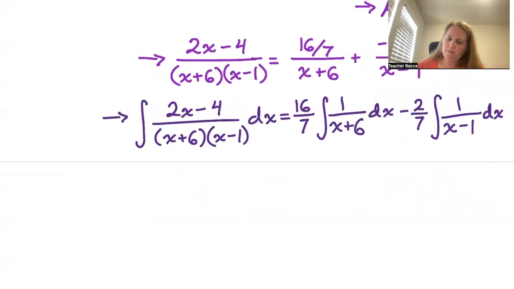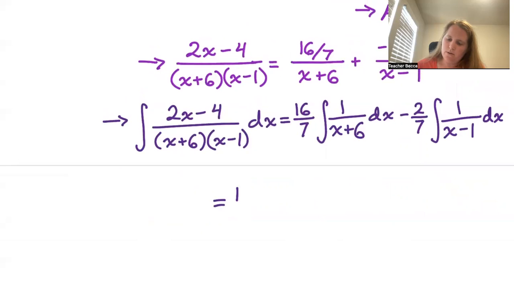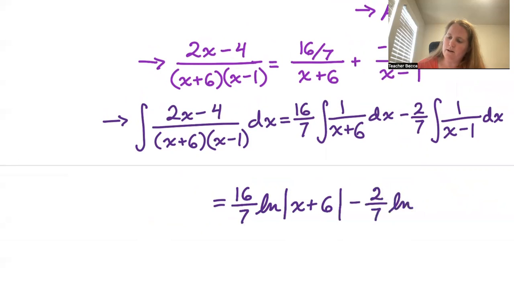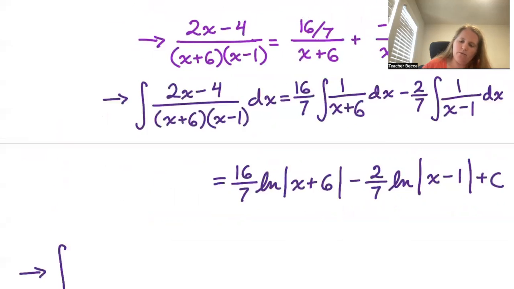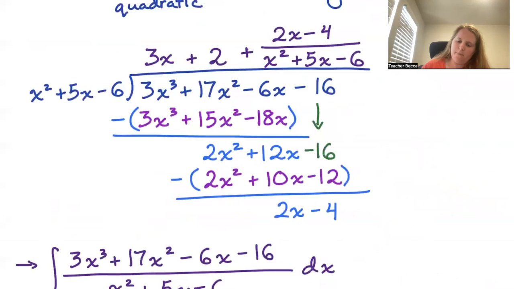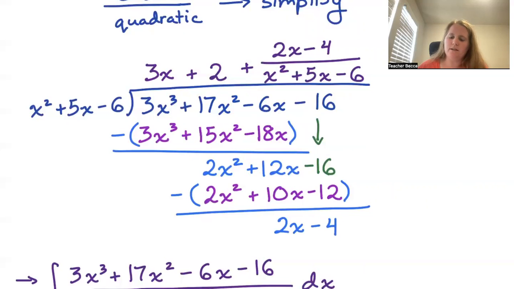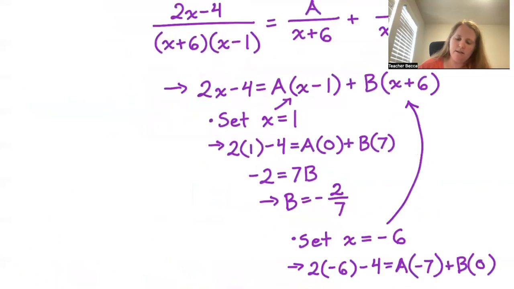This, of course, is equal to 16/7 times the natural log of the absolute value of x plus 6 minus 2/7 times the natural log of the absolute value of x minus 1. And then we have our plus C. So putting this all together, we have that the integral of our original 3x cubed plus 17x squared minus 6x minus 16